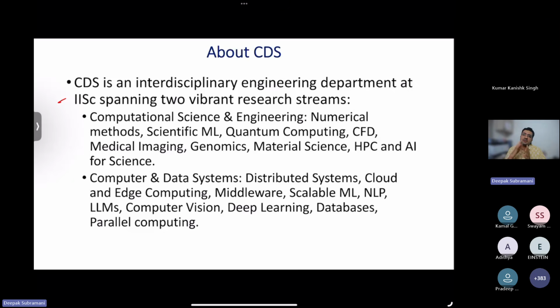This stream contains about 9 labs that are taking students in this cycle. I will describe what those labs are very shortly. All students getting admitted to work in labs belonging to this stream are accepted from all backgrounds. It does not matter what your BTech subject is or your BSc or MSc subject is. We welcome all of you. It could be physics, mechanical engineering, civil, computer science, artificial intelligence, data science, or mathematics. We welcome all of you. That is the computational science and engineering stream.